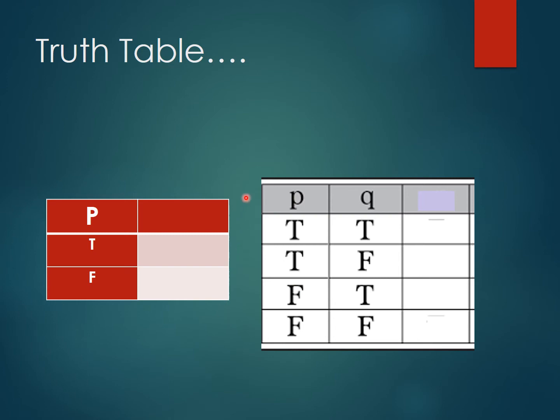Now there are two sample truth tables. The first one is for a single proposition P. We have two options for this, either true or false. If you make any proposition, that is a sentence, it will be either true or false. The next truth table is constructed for two propositions. The first one is P and the second is Q. And all possible combinations that we have made from the tree diagram are given. The combinations are true true, true false, false true, and false false.